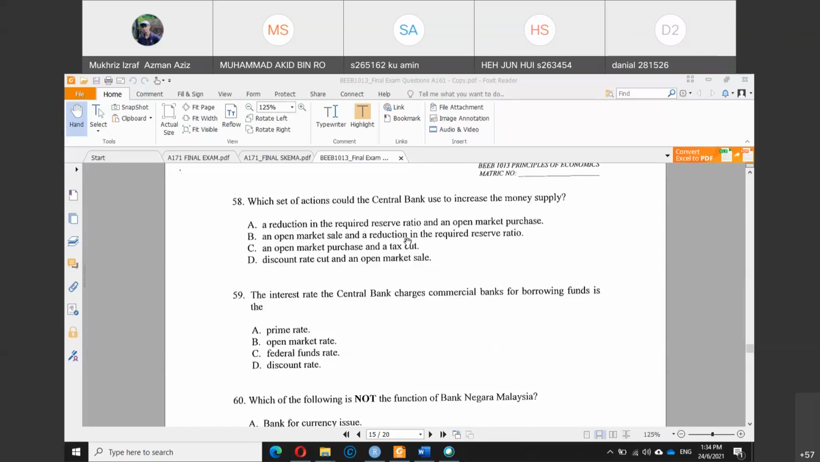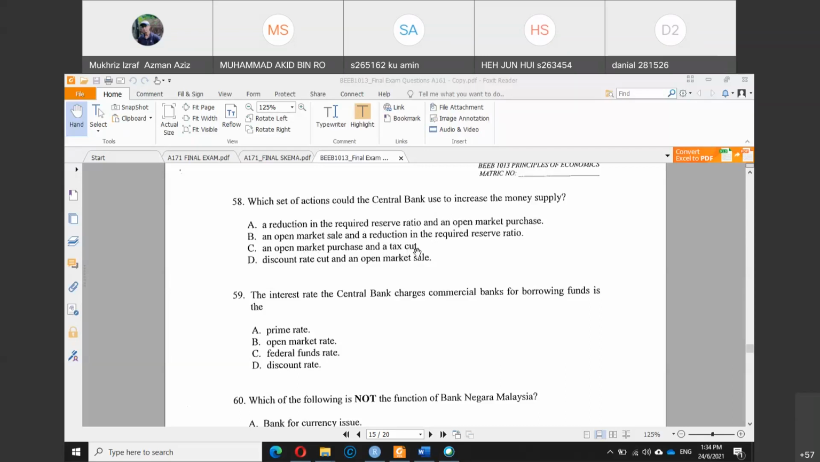Okay, reduction in the reserve ratio, which is similar to part A, but the one which is incorrect is the first component here. Open market sale, because selling the bond will lead to a decrease in money supply. So B is wrong, but this is correct. So C, open market purchase, similar to A, so this is correct, will lead to an increase in money supply, but